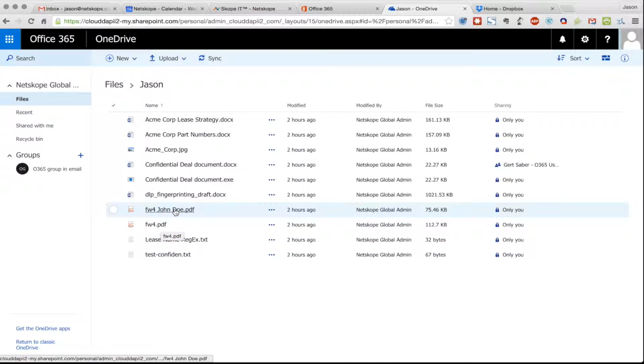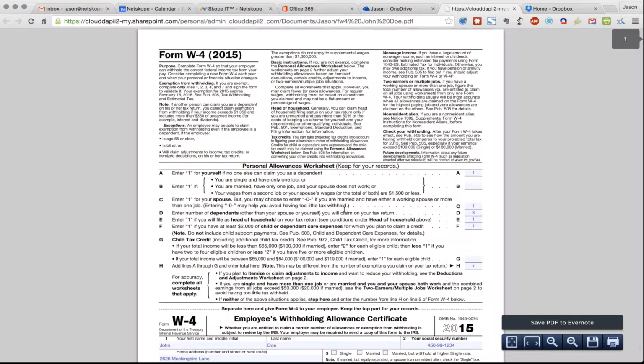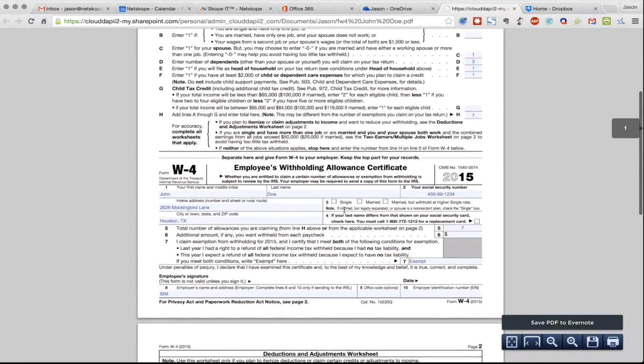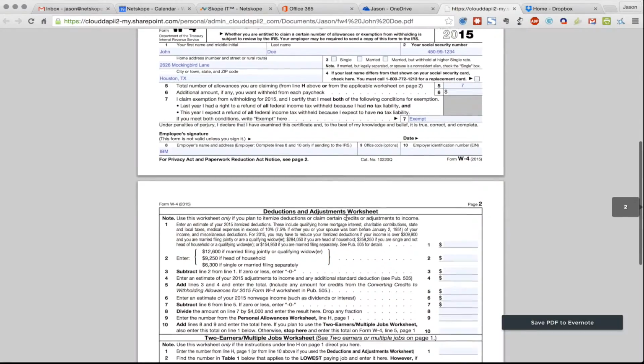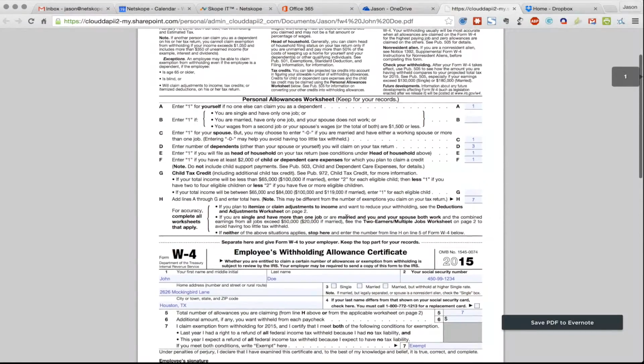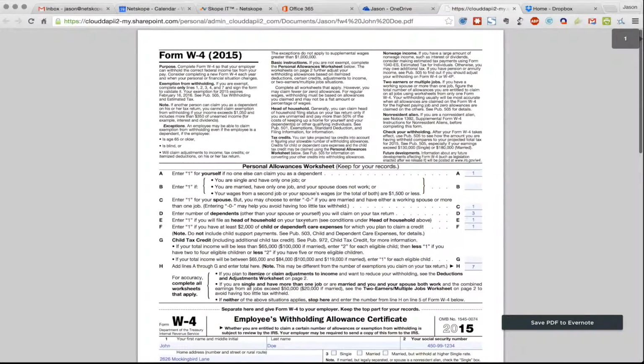I've actually got some standard IRS forms that are filled out with some dummy data, but typically this would be PII information that I've gone in and filled out, putting in a fake social security number and a location. But if you were to do a fingerprint of this particular file and look for an exact match, the only thing that you would get an exact match for is that exact same file.